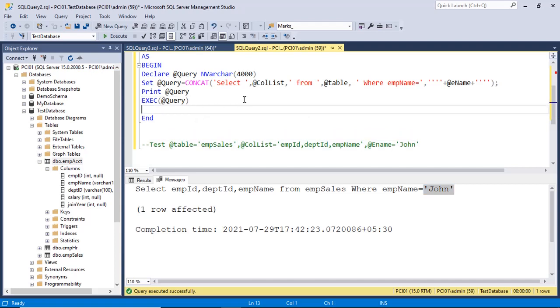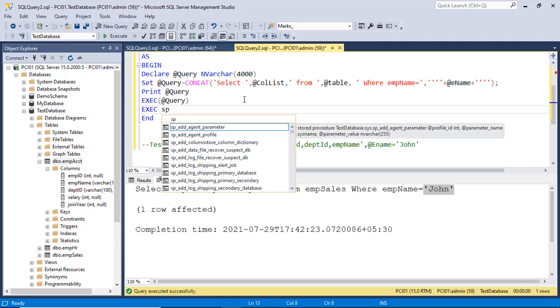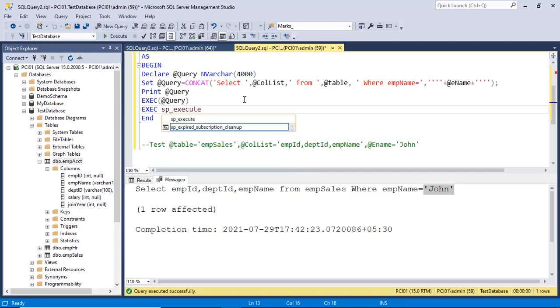If you do not want to use so many single quotes, then you can use the other command, that is execute, sp_executesql. This is the extended stored procedure, system procedures. The syntax is name of the procedure, then the query, this query, and the name of the parameter you want to pass, say at emp name varchar, then quotes close, comma.